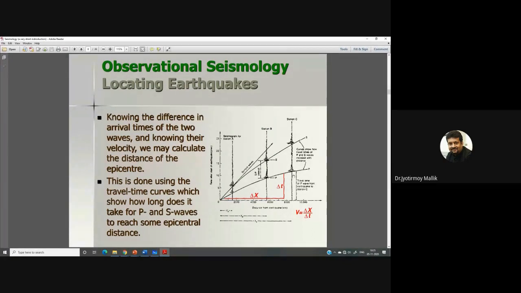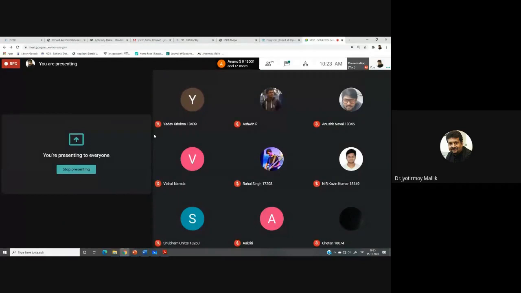Now, if I do a delta x by delta t like is done in this particular graph, you should be able to calculate the velocity of the P wave. And similarly, you should be able to calculate the velocity of the S wave as well, by taking into account the time interval after which it arrives. Right? Is this point clear to you all? How to calculate the P wave and S wave velocity from